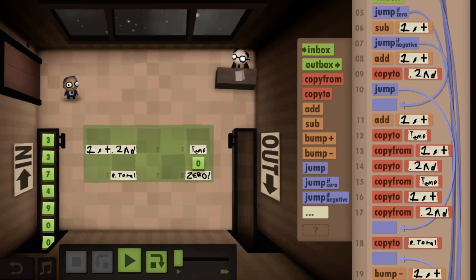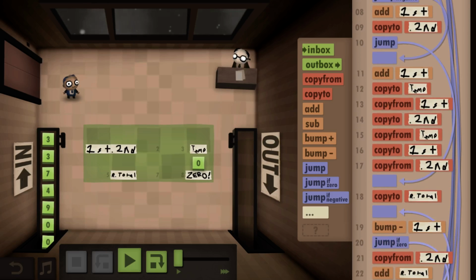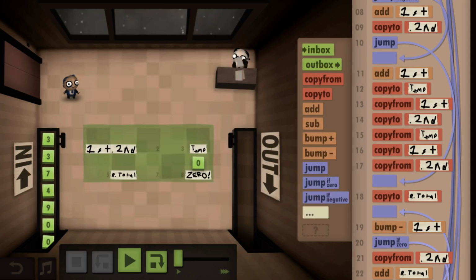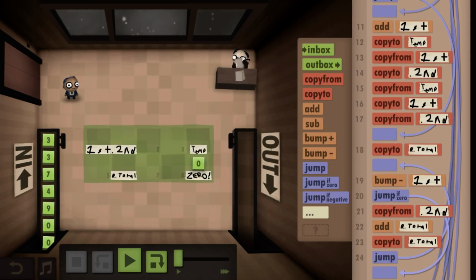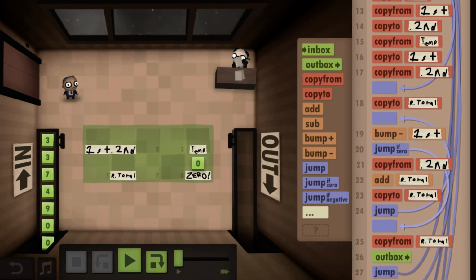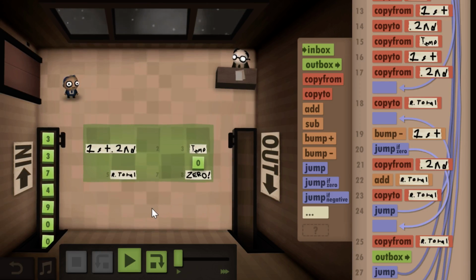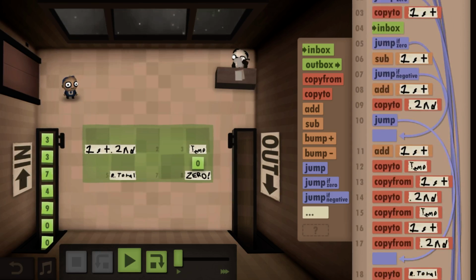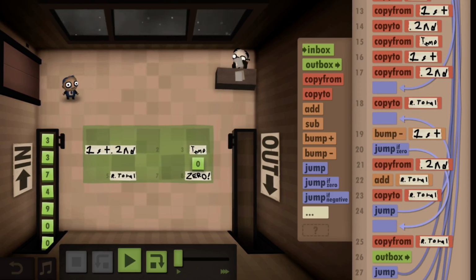And then it copies this from this, the second number. Next thing it does is it adds it to the running total. And then it bumps down first, as usual. It copies from this and adds it to this. So the program always assumes that it's going to do at least a multiplication of 1, which it can do because of the 0, and that's what's saving it steps.